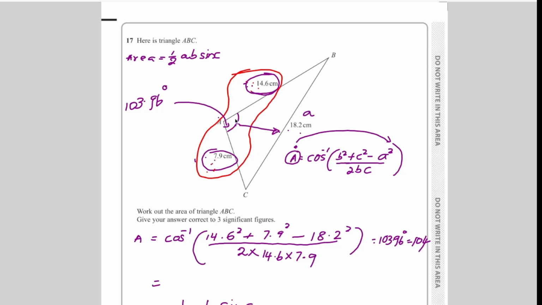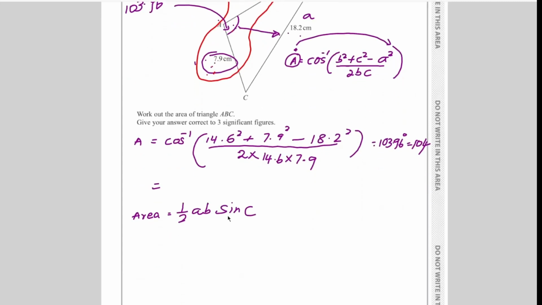Two sides, in between angle. Half, two sides 14.6 into 7.9, in between angle, sine of the in between angle,